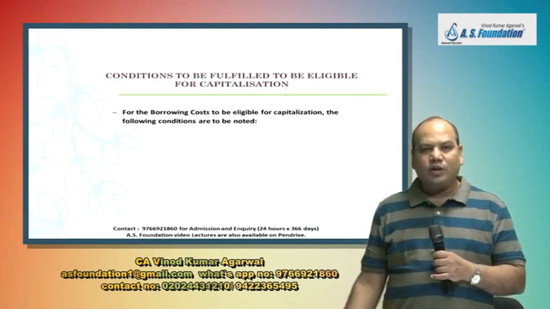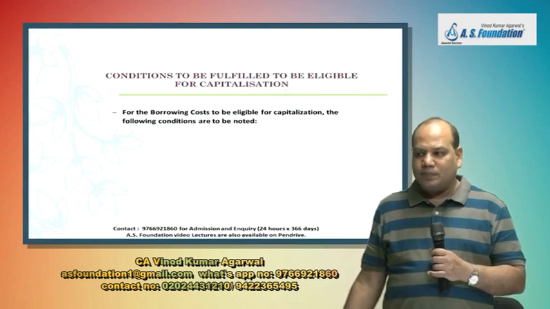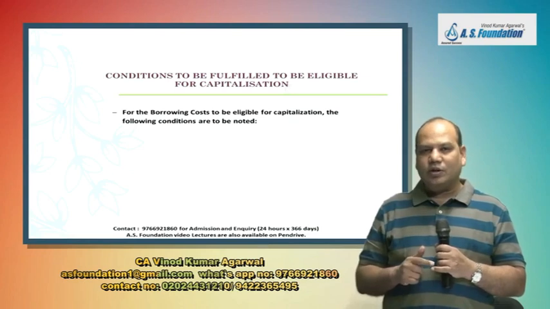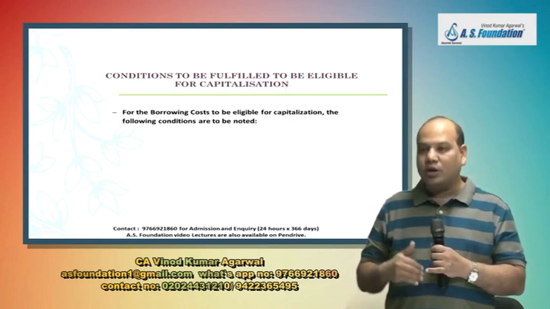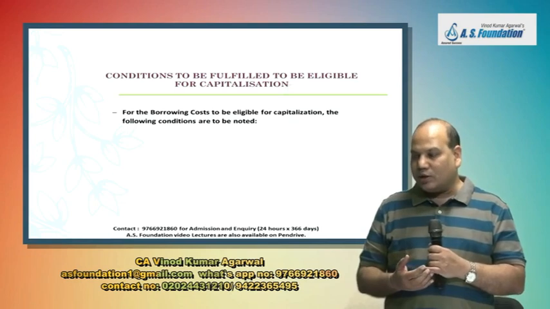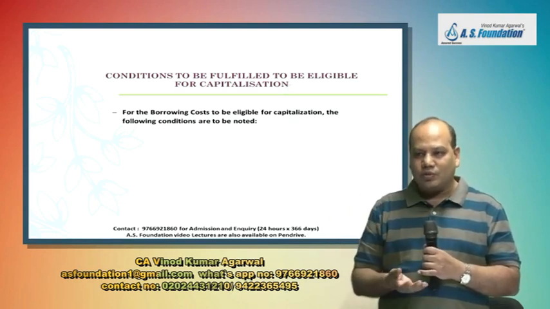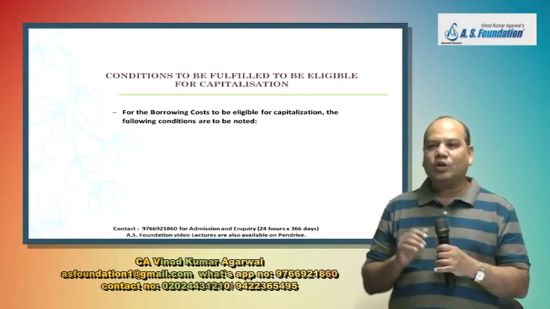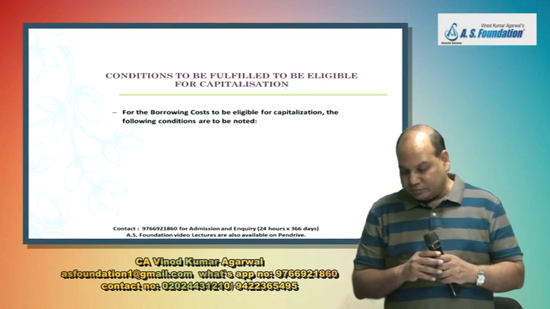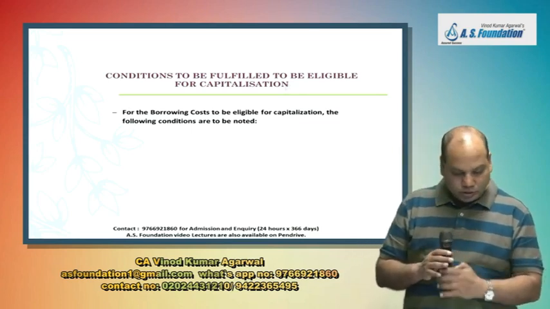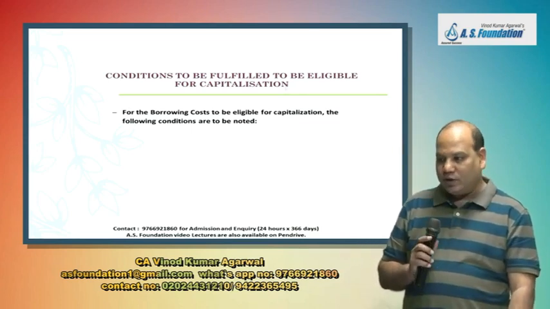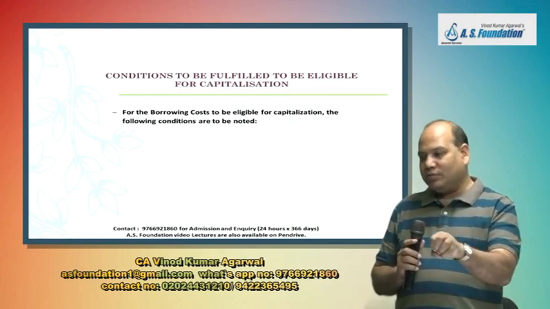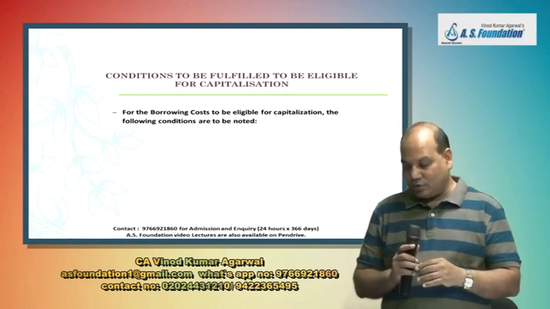So mostly what will come under this standard is the property, plant and equipment items which the company is acquiring, constructing or manufacturing, or some intangible assets also, and some inventory may also come here like wines, but otherwise most other items will not come under qualifying asset. Now suppose we have proved that it is a qualifying asset. Suppose we have proved that we have taken funds for a qualifying asset.